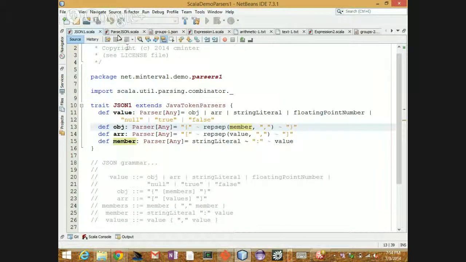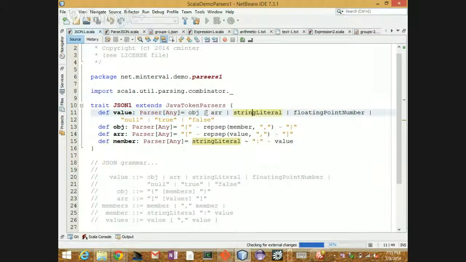I also want to back up. I define this as a trait, and it extends Java token parsers. What that means is that there's a bunch of predefined things that I didn't have to define. String literal is defined in Java token parsers. Floating point number is defined there.